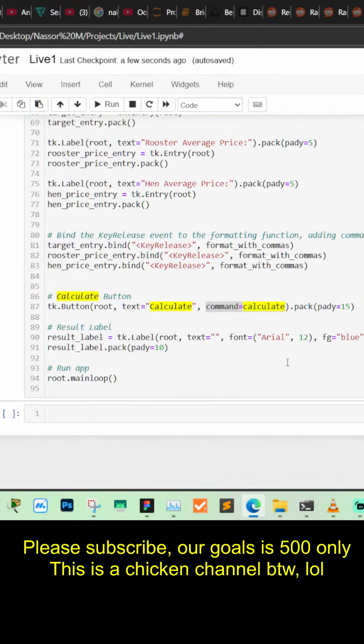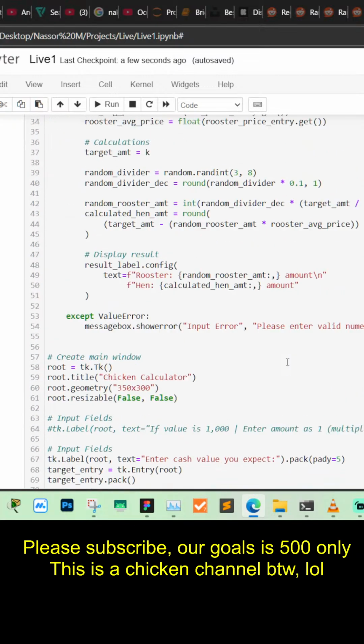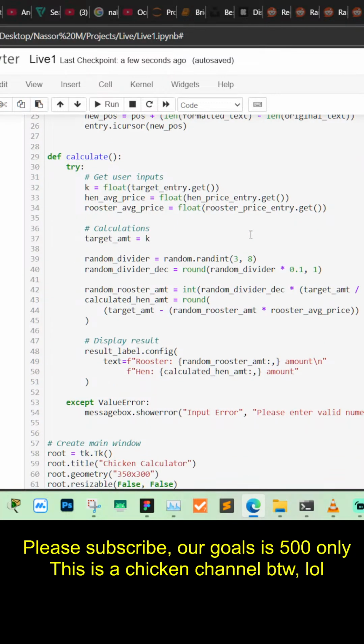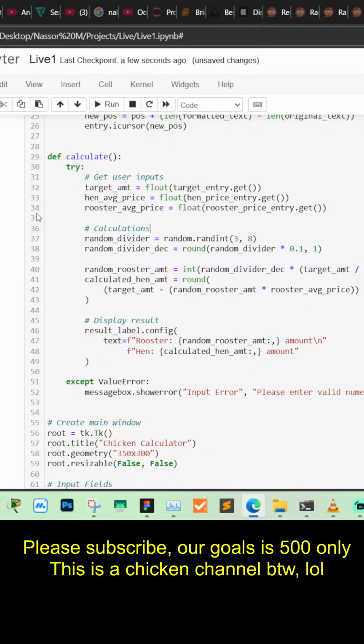Okay, try calculate. Here is where we get the input values. Let's remove this one and